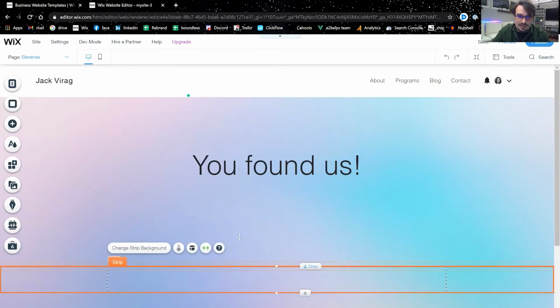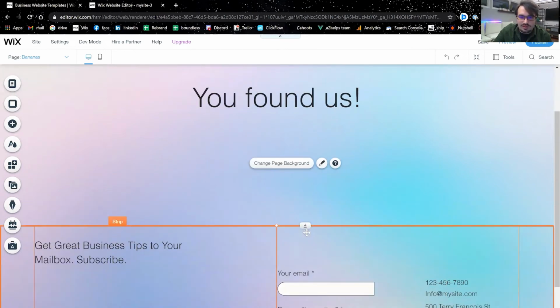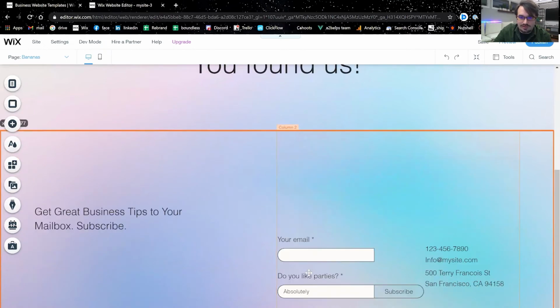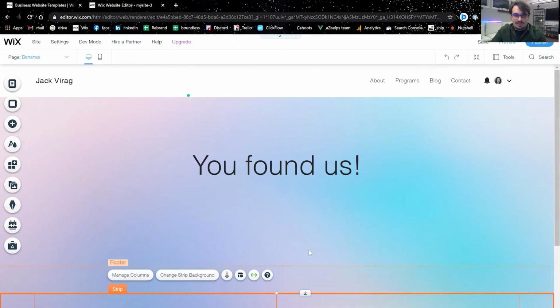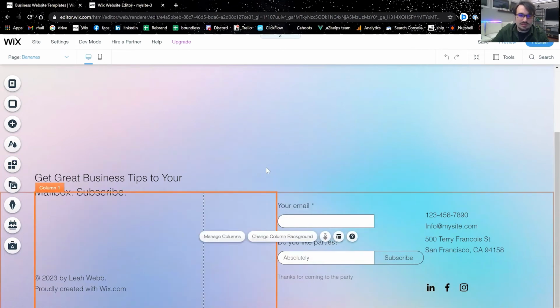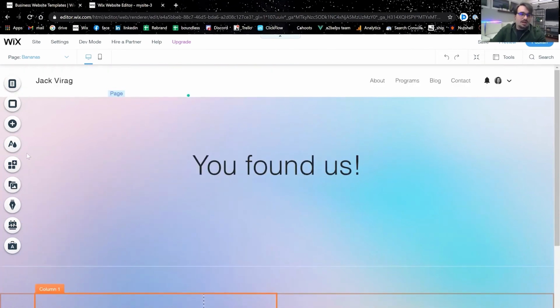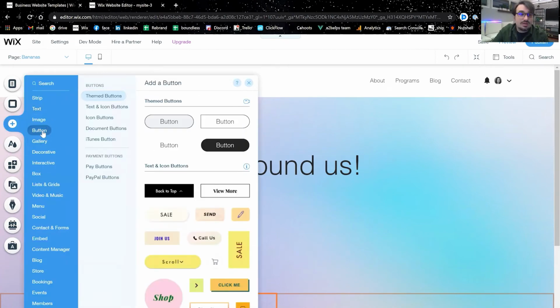And then, I don't like this strip. We're getting rid of that. And we'll drag our footer down so we've got room for more stuff. Drag, there we go. Skirt all the way down there. That went nowhere. Okay. All right, that's fine. And we'll add a button to download the resource that the users came to this page